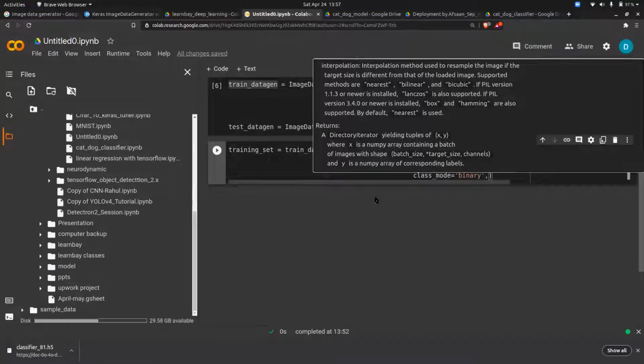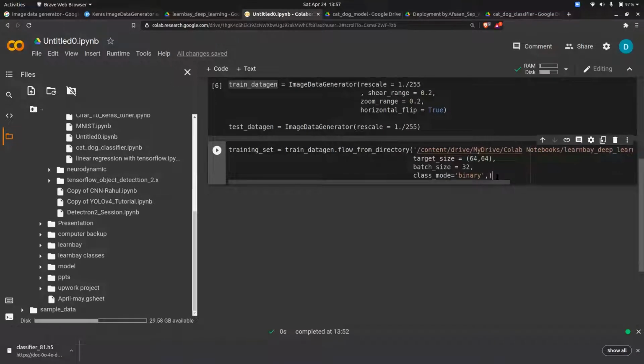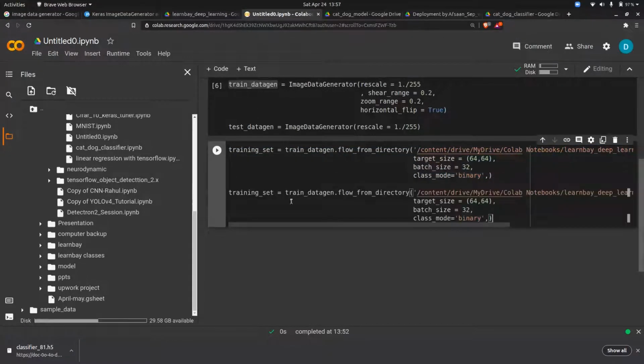Okay. So this is the training set. It will generate a training set from here. The same we have to do for the testing set also. But the only difference is what? So what I have to change here in the testing? So this I will do a test. Test data. The path is